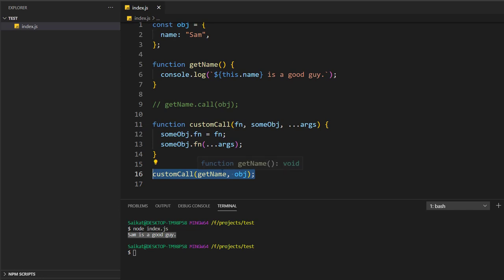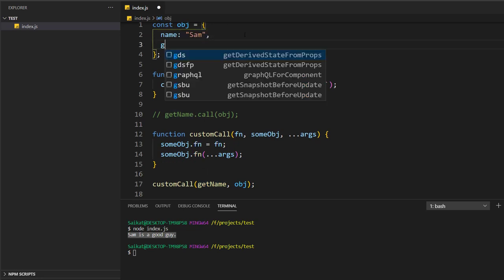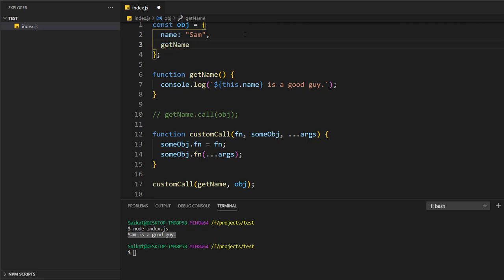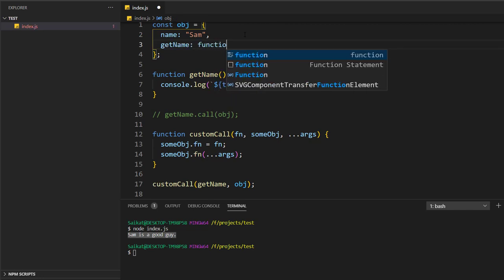What's actually happening is this getName function is getting attached here. Inside this object we are attaching getName, so I have this object, and here I am adding getName, which will be a function.